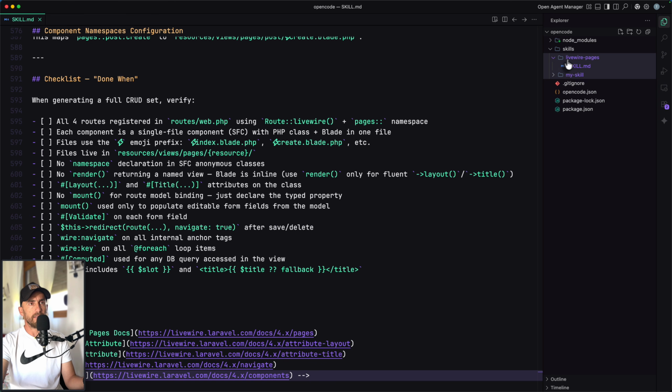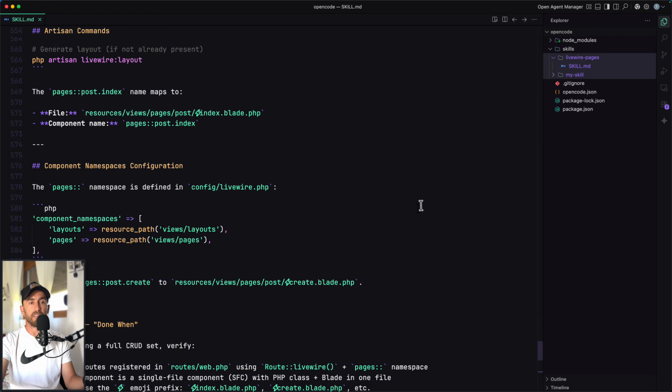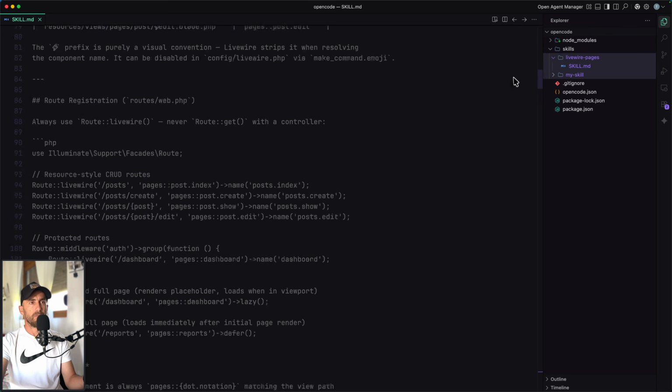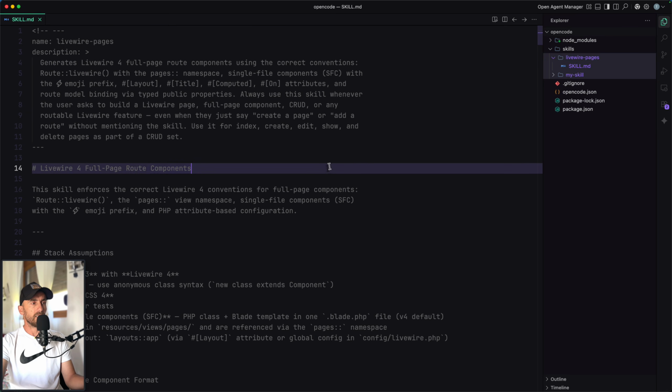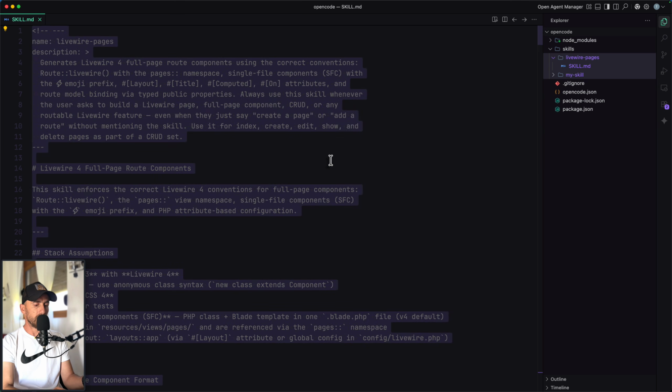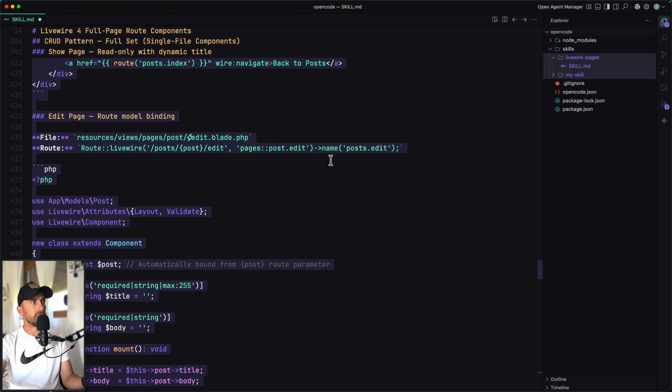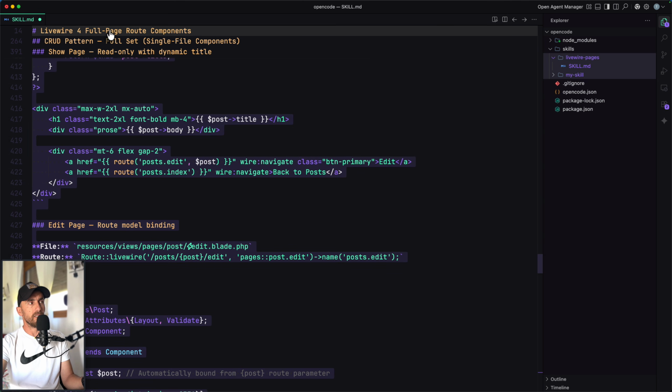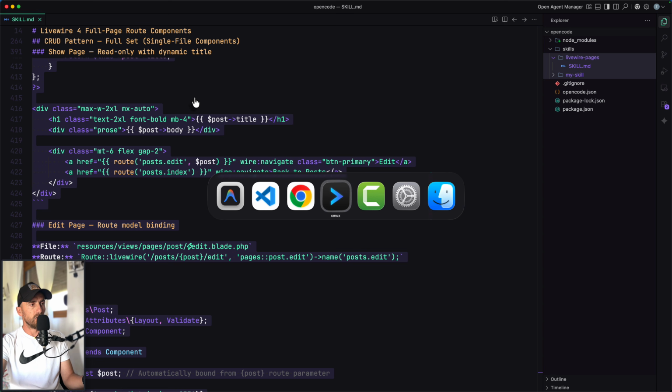Inside the skills, the livewire-pages, and here we have a skill, and this skill is created by the AI. It's created by the cloud AI. I'm going to uncomment because I have commented this, so let's select all and uncomment now. And this is a Livewire for full page route components. I'm going to save, and now let's go back